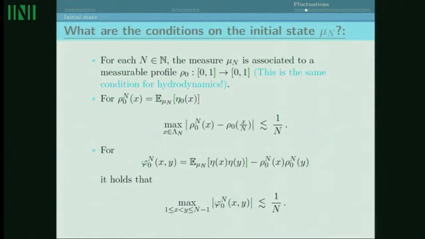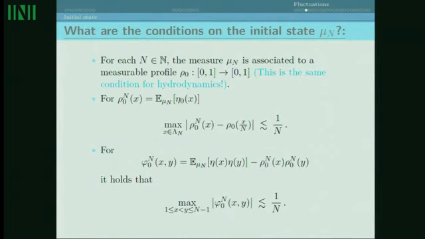So now I call, again, rho n 0 at x the occupation at the site x at initial time. And the first thing that I need is that the distance between this function and this function goes to 0 with this order 1 over n. Okay? So this is something that we need. And we also define, let's say, the correlation function, the 2-point correlation function at time 0, like this. So what is written here is exactly the same as the expectation of eta x minus rho. Sorry, it's better to write it down. So what is written over there,